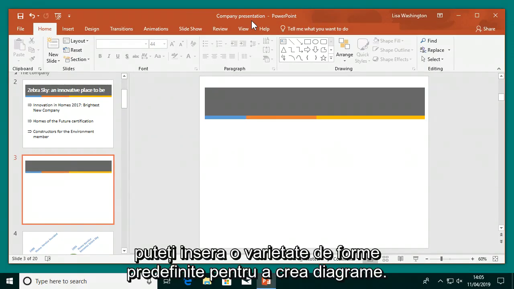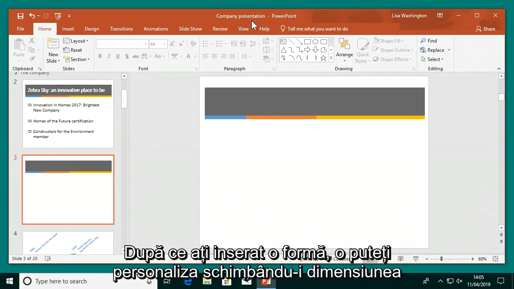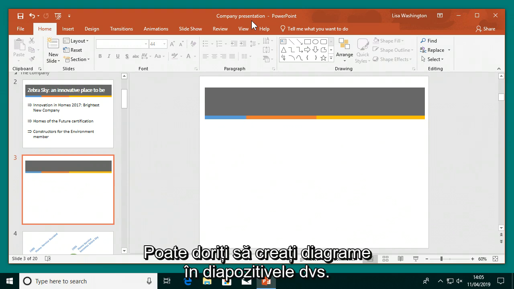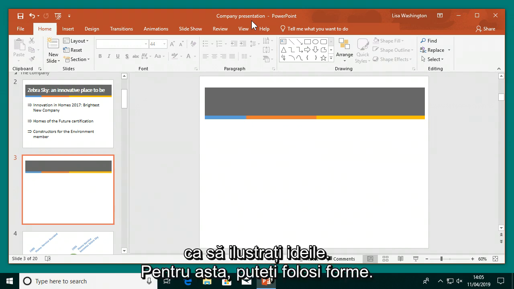In PowerPoint, you can insert a variety of different predefined shapes to create diagrams. Once you've inserted a shape, you can customize it by changing its dimensions, style, or adding text to it. You might want to create diagrams in your different slides to help illustrate your ideas, and you can use the